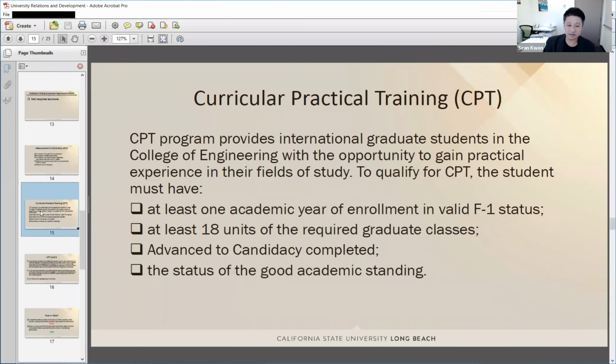For domestic students, you don't need to submit this CPT form, and you don't need to enroll in Engineering 691 for your summer internship, or for your internship during the fall and spring semesters.